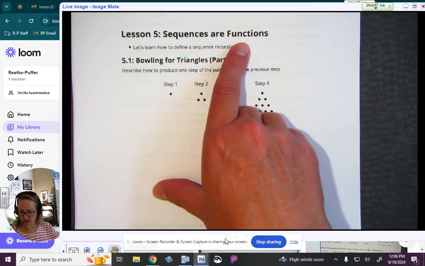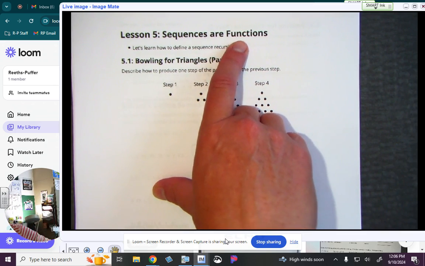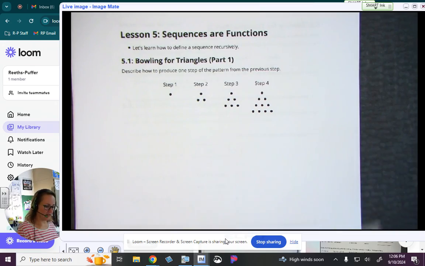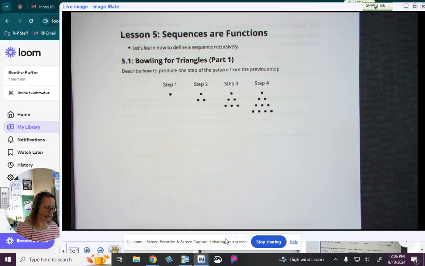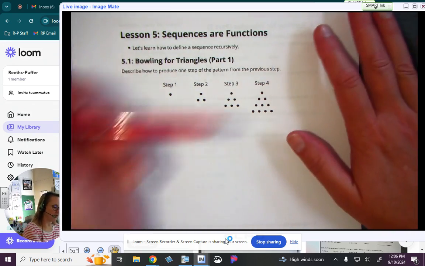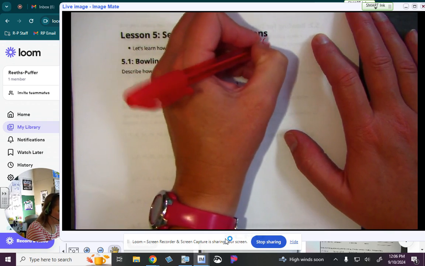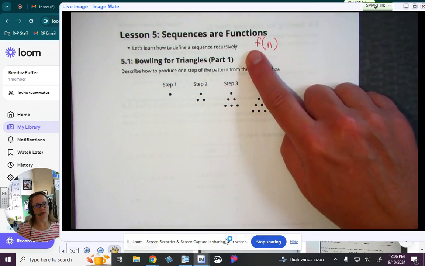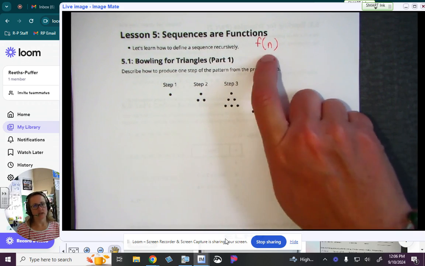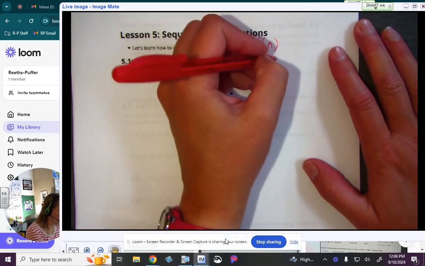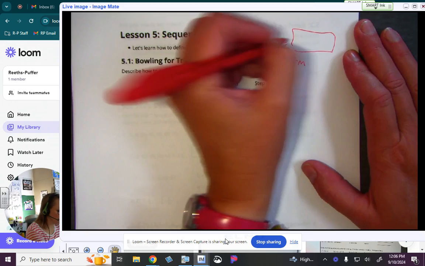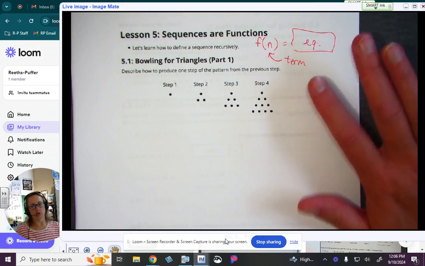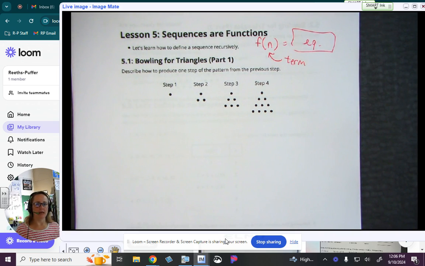Okay, so this is that connection to yesterday that we started seeing, where they reminded us about function notation in the warm-up. Remember this yesterday. So in lesson 3, we're going to start looking at some function notation. We're going to use f of n and things like that to talk about the function that defines a sequence, and the n is going to be the term or the input that we're using. So we're going to have a term. It's going to have some kind of a rule or equation that's going to help us describe to other people how you make one sequence, how you find one term,